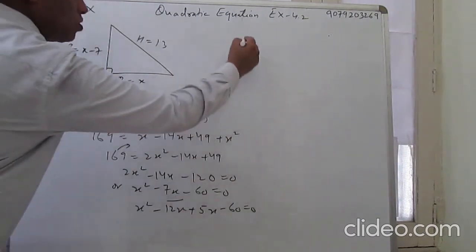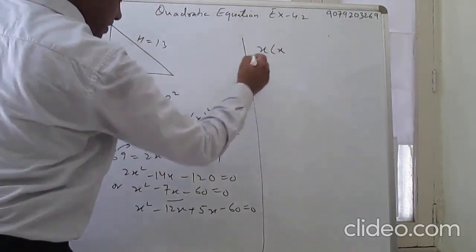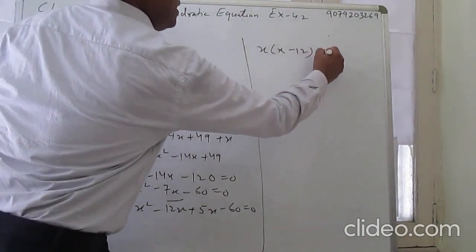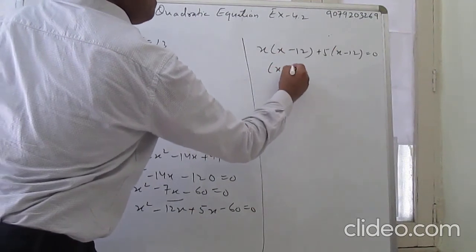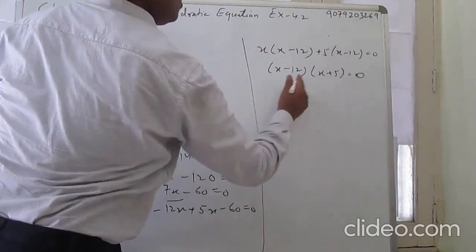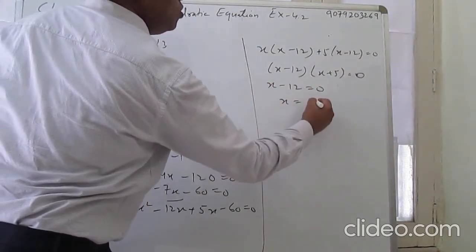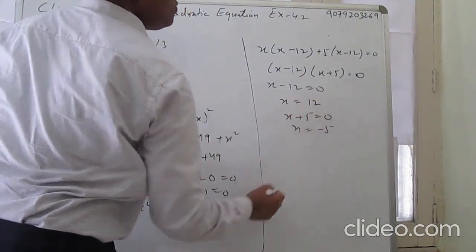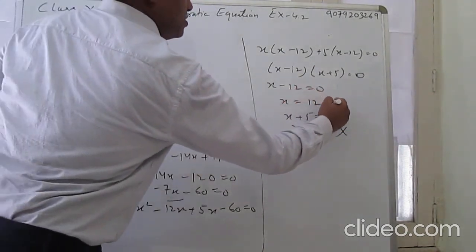is equal to 0. Now you see there, take common in this. So when I take x common, it is x minus 12. Now if I take plus 5 common, it is also x minus 12 is equal to 0. x minus 12 again common, write x plus 5 in other bracket. So equate this, x minus 12 is equal to 0, x is equal to 12, x plus 5 is equal to 0, x is equal to minus 5. Side is not negative, so we will take x is equal to 12.